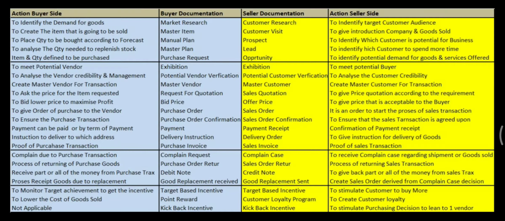So what you do is before you enter a business, first you must identify the target market, the industry that you want to enter, and the segmentation of pricing of the industry you want to enter. Of course, once you define that, you have to research who your target customer is, and then once your research is done, you focus on the customer visits. This applies usually if the products are based on business to business